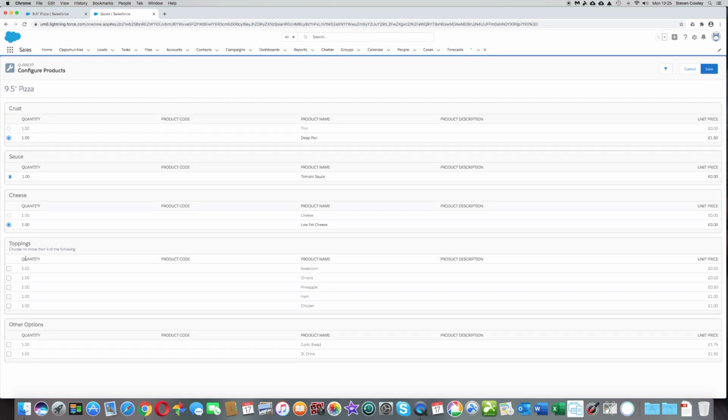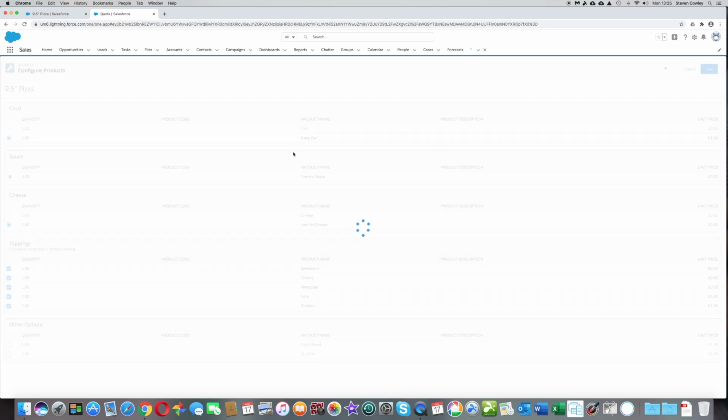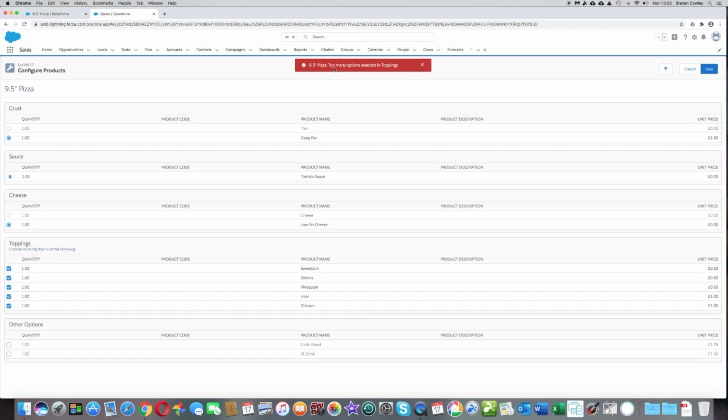Okay, so you can see here we've got this feature which is called Toppings, and we've got choose no more than 4 of the following. So the rule for this feature is that you can only choose a maximum of 4 different options. So if we try and save that, the system will let us know we've got too many options in the toppings, and that is number of. We can have